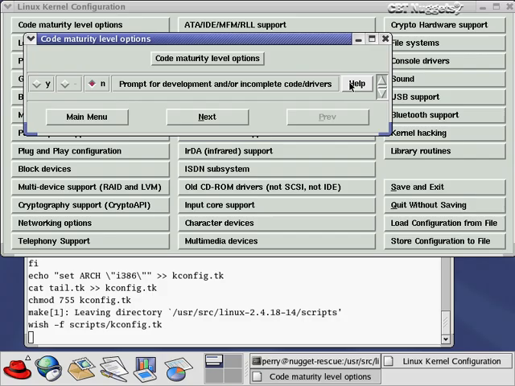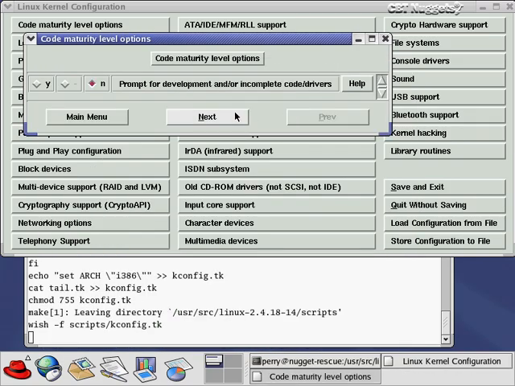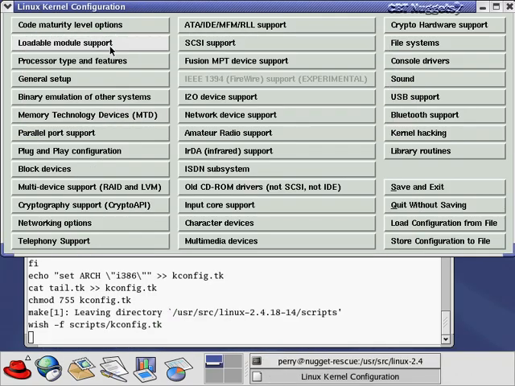Otherwise, you should just say no. And like I said, there are help screens under each of these options, and you can click on help, and you get a pretty detailed explanation of the ramifications of answering yes and no. Okay, and you can see the summary down here. It says, unless you intend to help test and develop a feature or a driver that falls into this category, or you have a situation that requires using these features, you should probably just say no here. Okay, so we'll just say no,